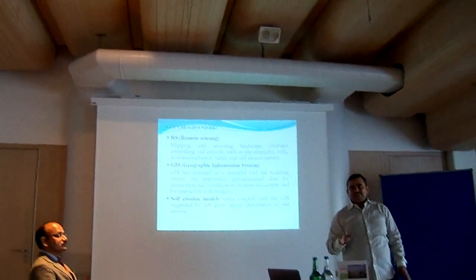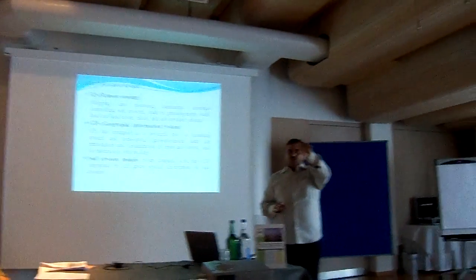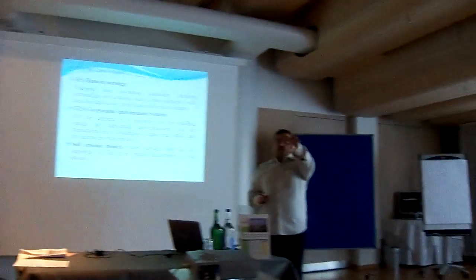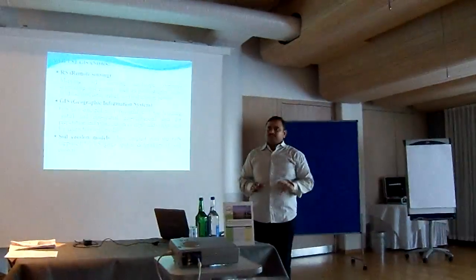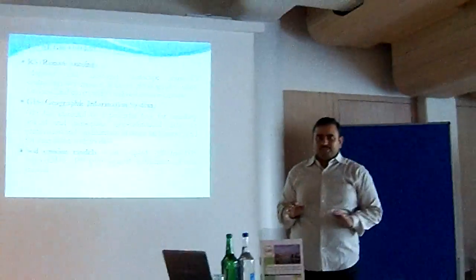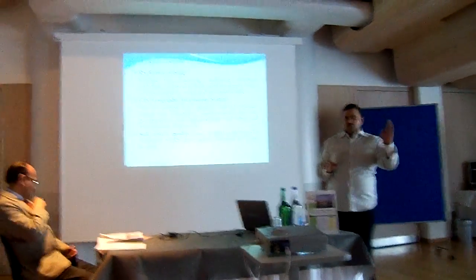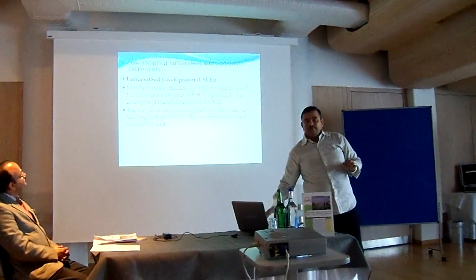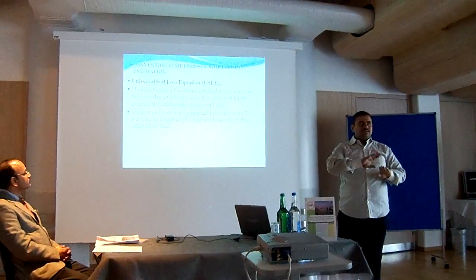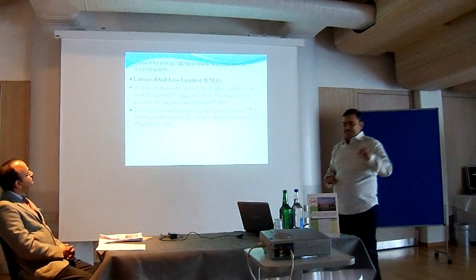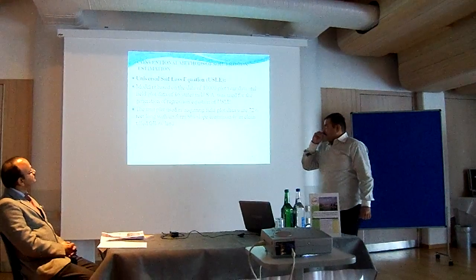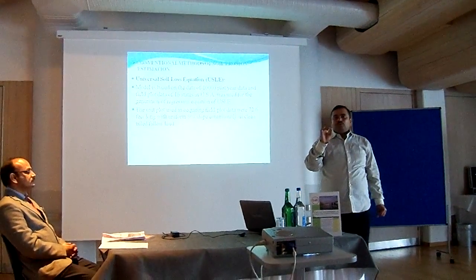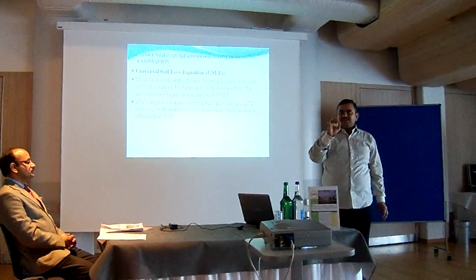All of you know remote sensing means it is a technique, an art, to gather information about an object without having physical contact with it. GIS, all of you know, is basically a DBMS, a database management system. It has components like software, hardware, people, etc. So coupling remote sensing and GIS with these erosion models gives the spatial distribution. That is the advantage.